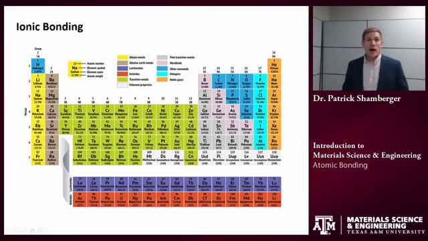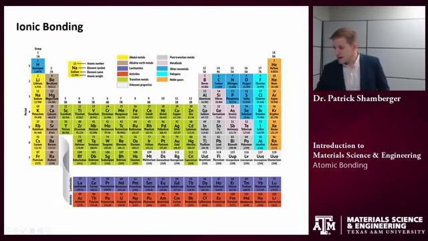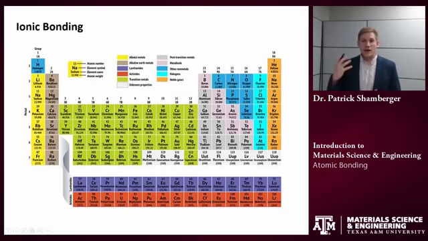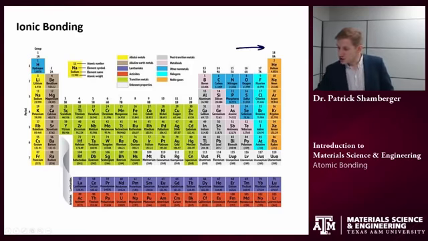First, we're going to talk about ionic bonding. Now, ionic bonding is something that occurs when we combine a very electronegative atom, something that wants to steal electrons, with a very electropositive atom, something that wants to give off electrons. So remember, electronegativity